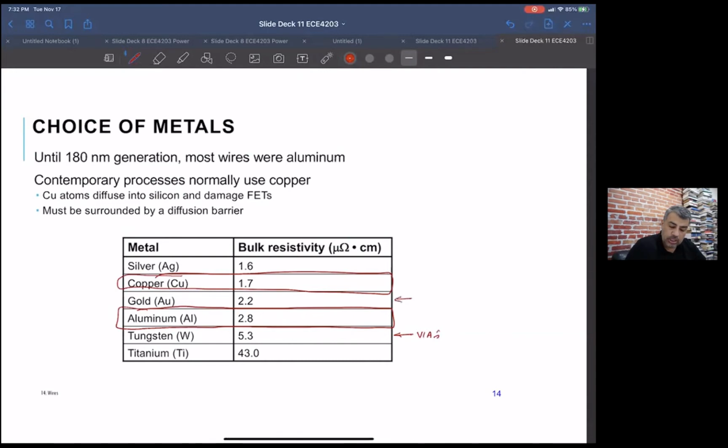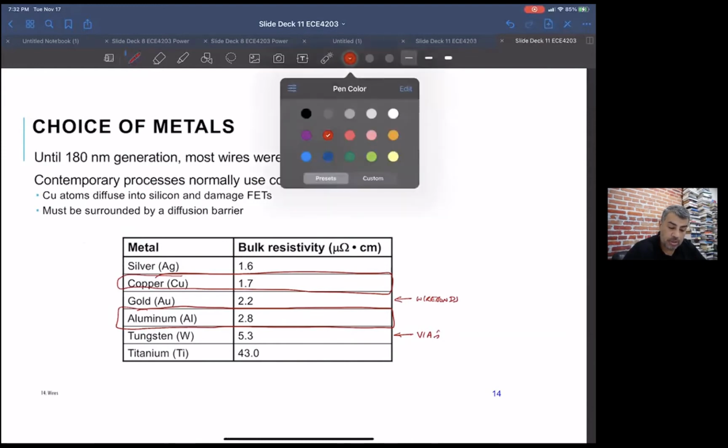Gold you see in wire bonds. Silver, maybe you see it in a silver paste connection. Let's just forget about silver. I don't want to confuse you guys. But the main ones we're concerned about in terms of routing on chip are